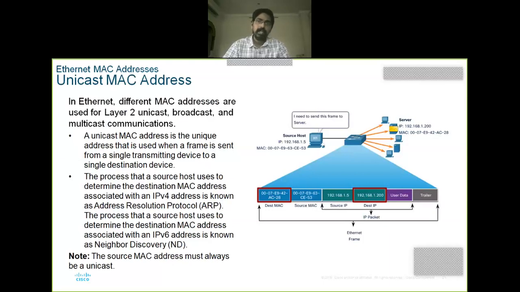What is unicast? Unicast means sending the data to a particular system within a LAN. Consider that example picture. It contains around 5 devices. So H1 wants to send data to the server, right? Or H1 wants to request some data from the server.